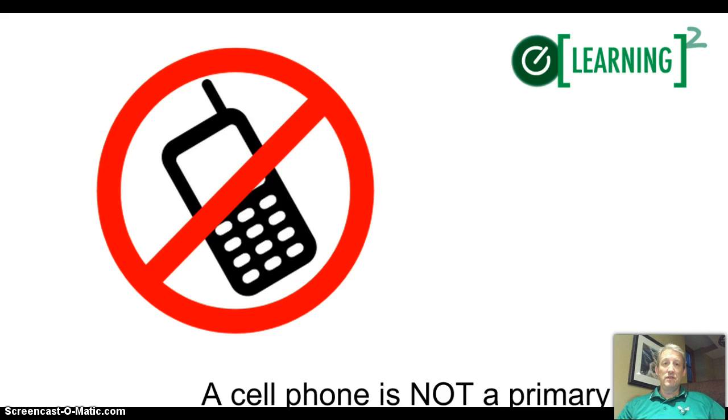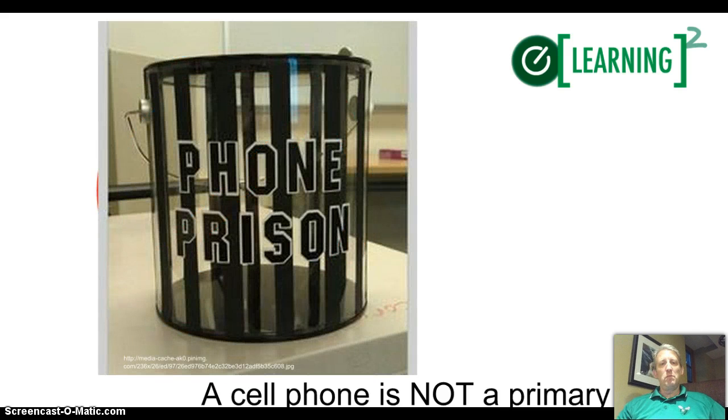Now, as we're thinking about cell phones and cell phone management, I know that some departments and teachers have put together things like a cell phone prison as a way to manage that, or have them put their phones on the desk, out or in and away, and not used unless the teacher says you need to use it. We know that with the cell phone, they can do some of the things, but not all the things they need to be able to do as a student. But we also know it's a management issue. But we also recognize that if the student's going to be doing a photo activity or a video activity, the Chromebook isn't going to be the best tool for that, and maybe the cell phone is. So at your discretion, they'll be using the device.